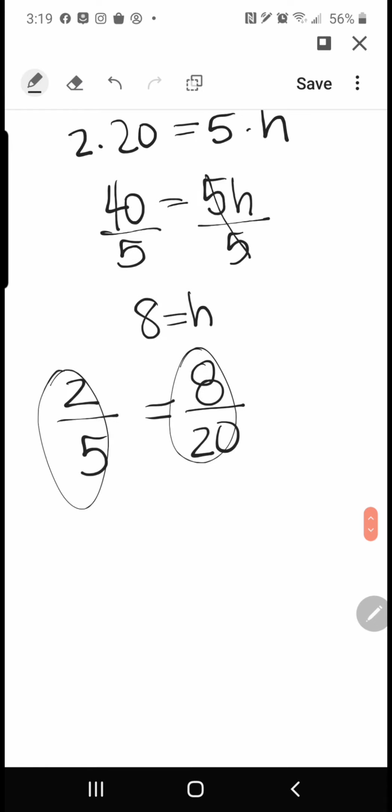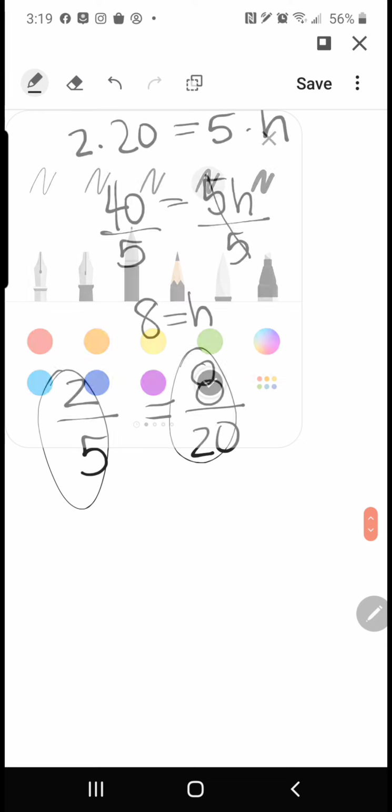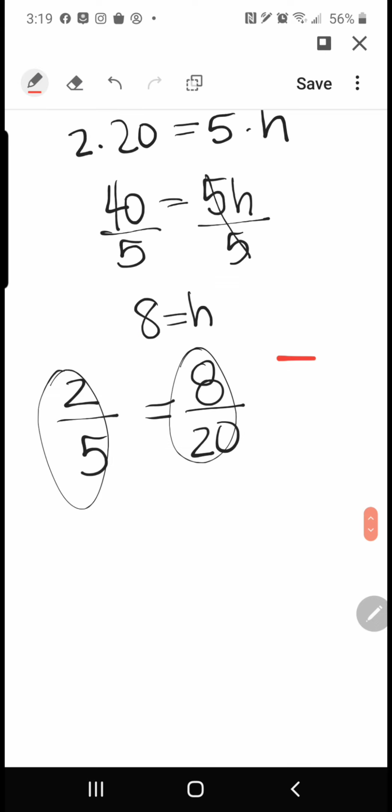If we were to simplify 8 over 20 by dividing each of them by 4, we will find that 8 divided by 4 is 2, 20 divided by 4 is 5. So 2/5 is equal to 8/20, or 2/5. Another way you can do this is just by dividing. When you divide,